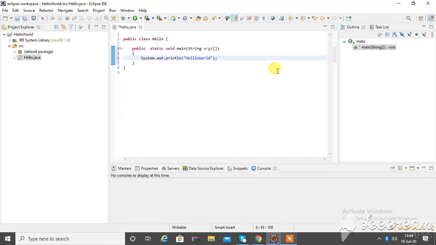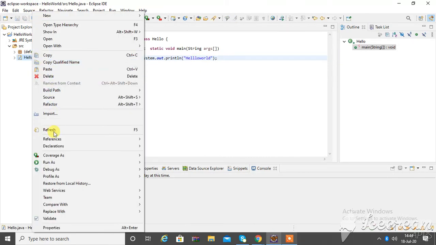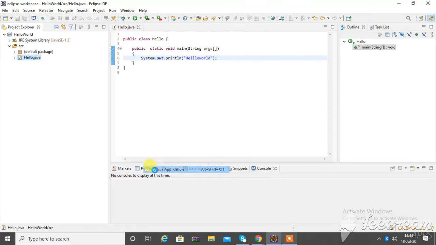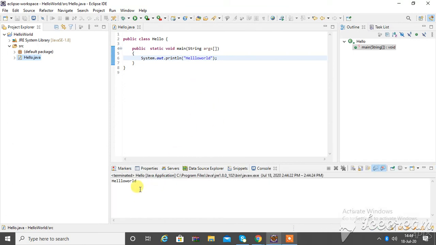So this is the program which you have done. You have created only a main method. Then Control S, and then right click on the Hello Java file to see the result. Click on Java Application, and after that you will get your output. So this is how we write our Java syntax.